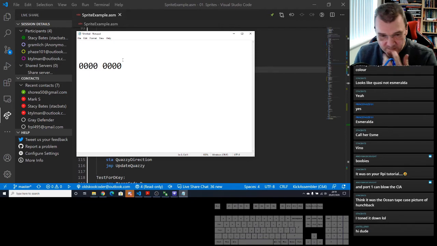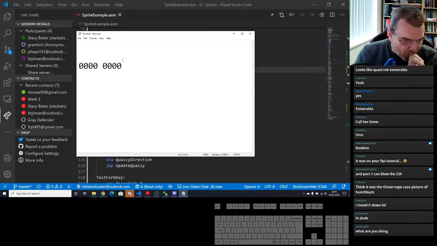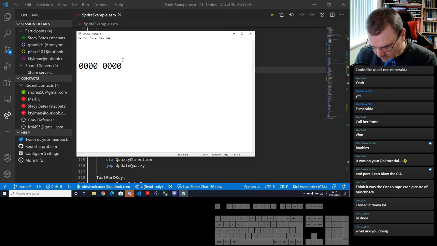Now, with the CIA chip, we're trying to embed joystick control into our little mini program. With the joystick, it's not a case of, if that button's pressed, it turns into a 1.